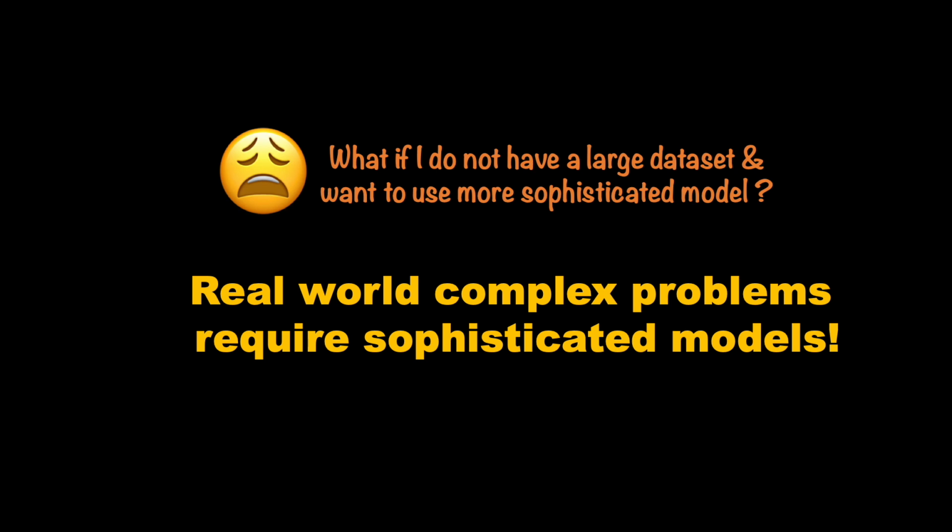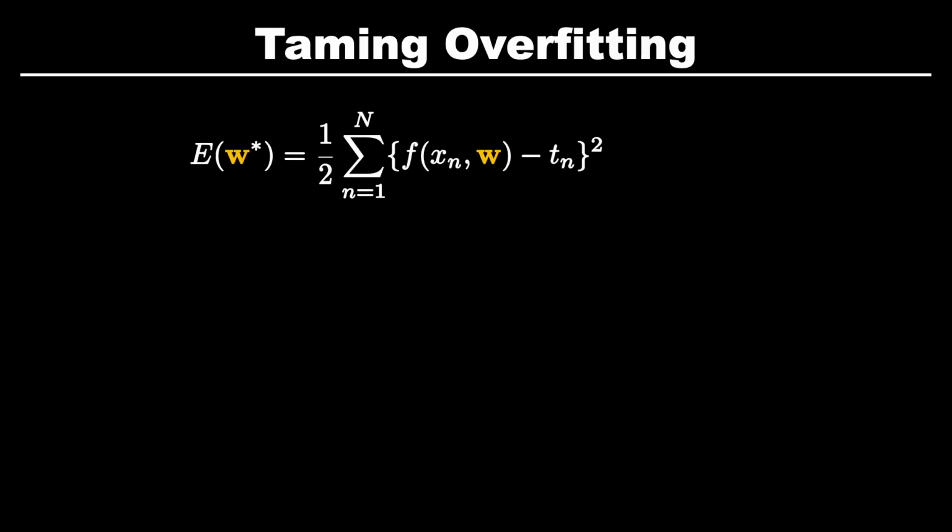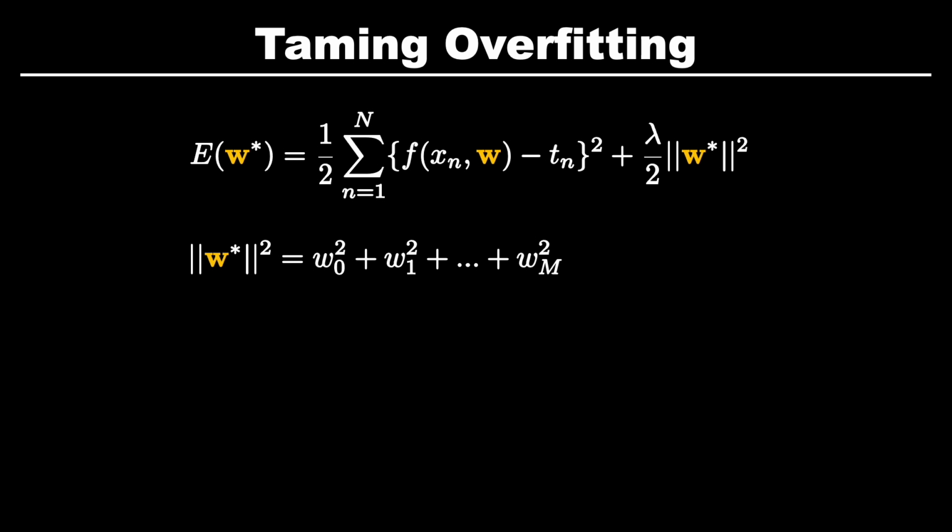So for a minute, ignoring the possibility of increasing the data set, we need to look at one more remedy to fight this evil of overfitting. And for that, I bring back our error function. One technique that is used to control the weights from obtaining large values is to regularize them. Regularization here is done by adding this additional term to the loss function. The lambda here controls the amount of the regularization you want to add and is a hyperparameter.